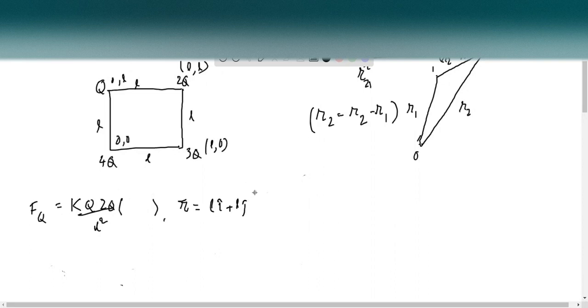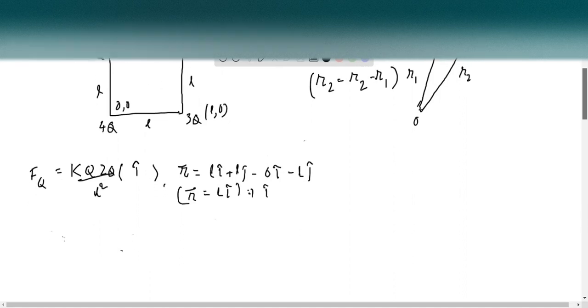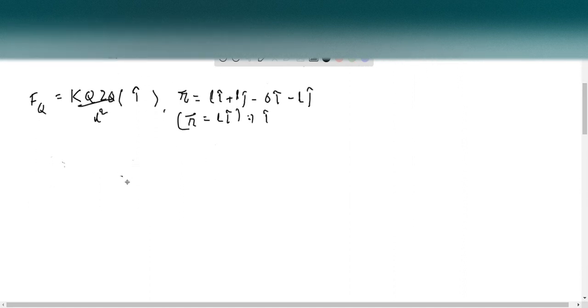This is the position of the second charge 2Q, and the position of the first charge will be 0 i minus L j. So the position will be L i. This is the vector, and its direction is i cap. So we'll put here i cap. Here we got the force due to the first charge. Now let's calculate for